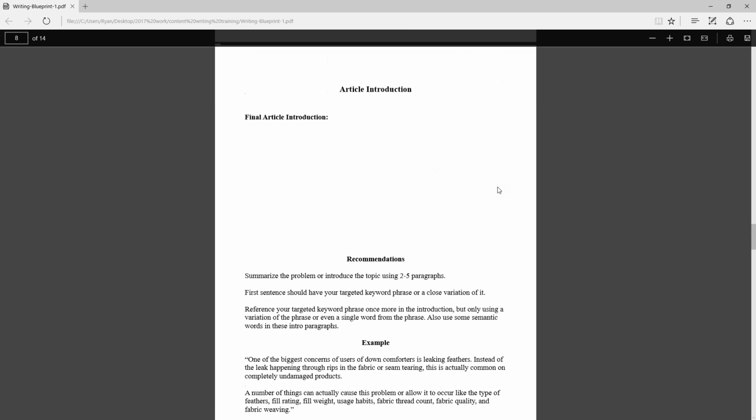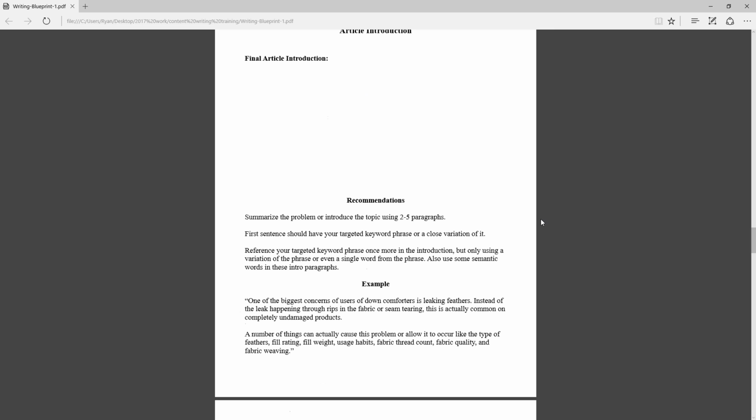Now, when we get into the actual article itself, that starts with this part, the article introduction. Everything from this point down in this blueprint will be the actual article itself. So if I copy what I write here and what I write for all the sections down below this and paste them all together, that would be my entire article. And then all the other things that I've written are going to be those different essential elements that go along with it.